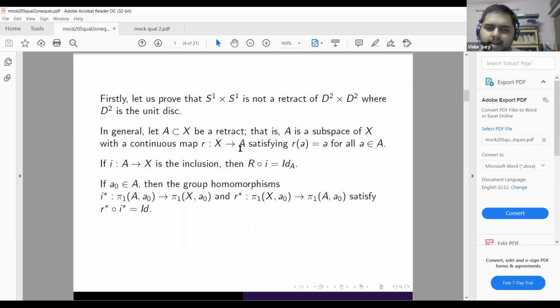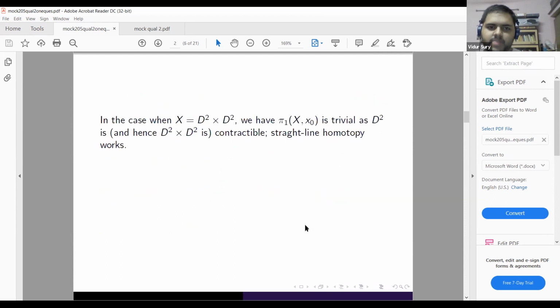So then I and R induce group homomorphisms from pi1(A) to pi1(X) at a0, I star and R star, and they satisfy this as well, that R star of I star is the identity. So that means that I star must be injective for this to be true. So we'll show that that's not the case